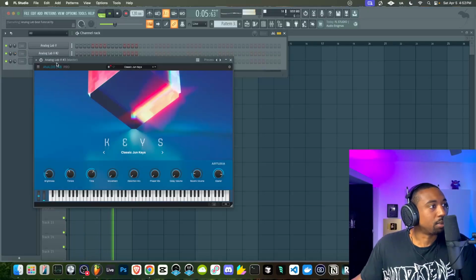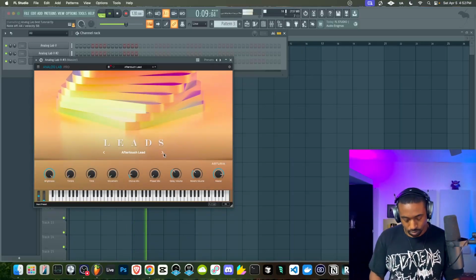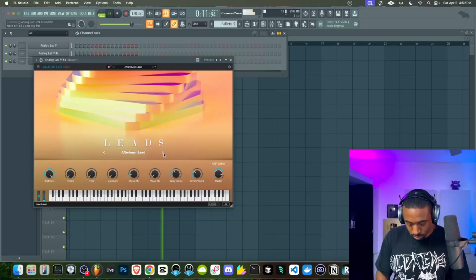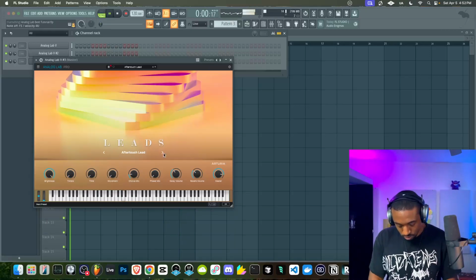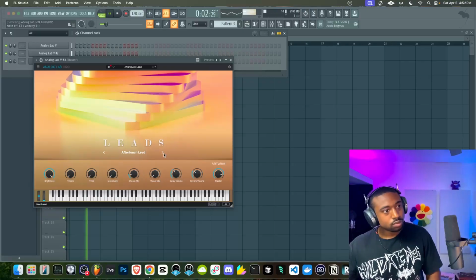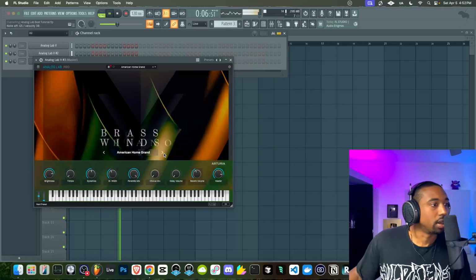All right, now let's add our top line layer. Let's find another sound here, for some kind of bell sound.